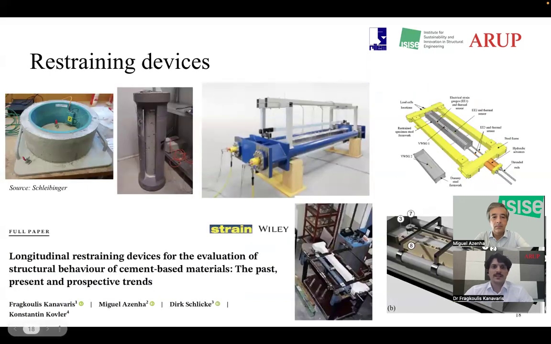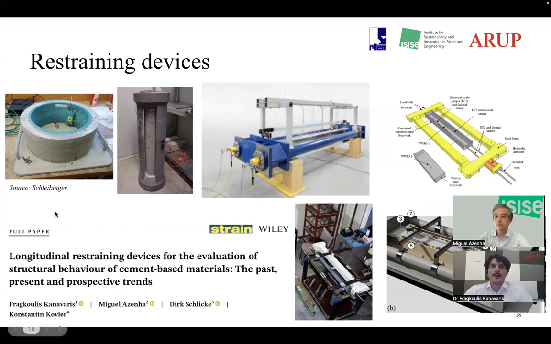And speaking of tests, apart from analytical and numerical approaches for understanding and predicting cracking, special restraining devices have been developed over the years to actually simulate restraint cracking effects in the laboratory. These vary in terms of complexity and mechanisms. For example, there are passive systems where a concrete specimen is cast in a restraining device and left to crack for a period of time, such as the ring test or some other longitudinal devices and the cracking frames. And then there are other types of specimens where the restraint is actively controlled throughout the testing duration in order to get more information on how a crack would develop with variable restraint scenarios.